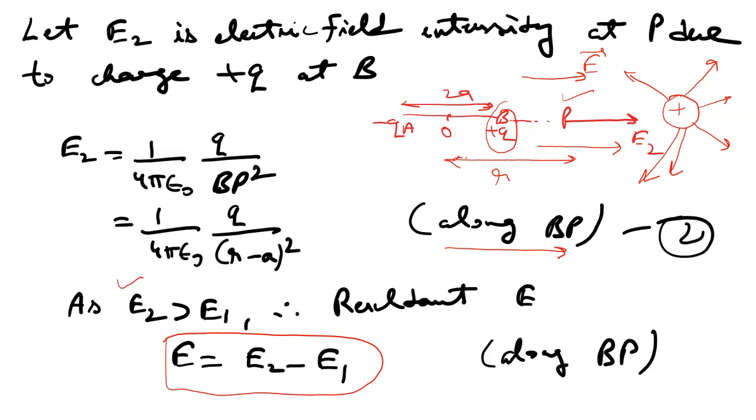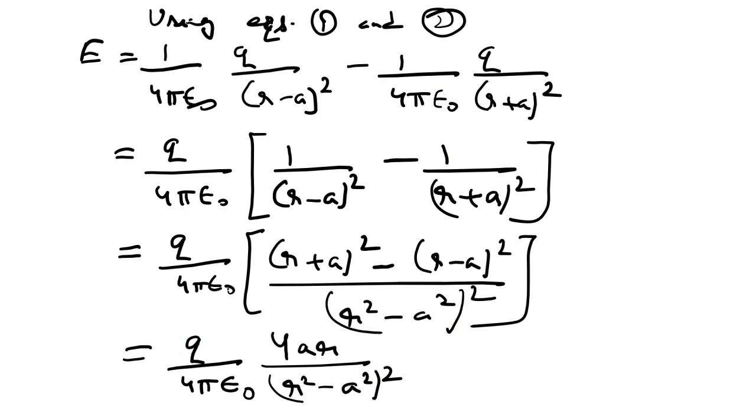So if we put equations 1 and 2 in this equation, using equations 1 and 2, we put the values of E2 and E1, then Q upon 4 pi epsilon naught we take common, then we take the LCM, (R square minus A square) whole square, (R plus A) whole square, (R minus A) whole square. If you solve it, it will become 4AR upon (R square minus A square) whole square, because using the formulas for (A plus B) whole square and (A minus B) whole square, you will get 2RA plus 2RA, which becomes 4RA or 4AR. So the resultant electric field becomes Q upon 4 pi epsilon naught, 4AR upon (R square minus A square) whole square,